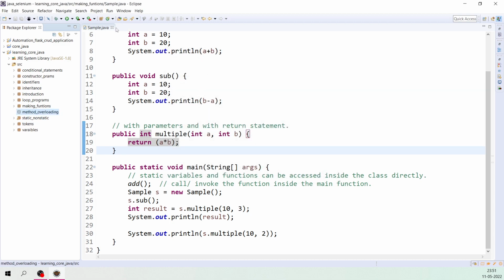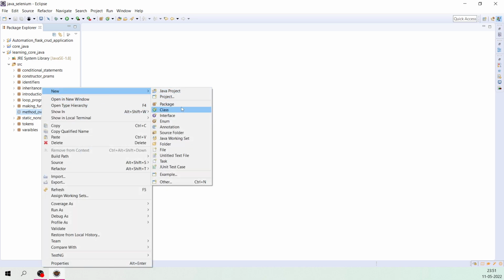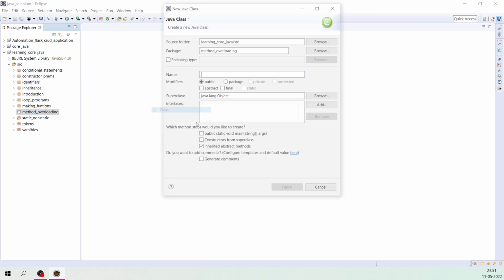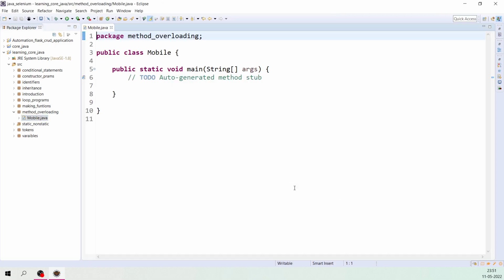Now let me just close this one, and let me just create a new class. Okay, let's say mobile. Let's add public static void main and click on finish. Now class mobile has the main function,